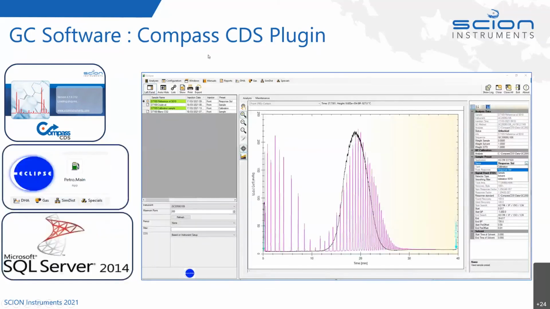So once I've run the sample through Compass, the plugin will come into play, and using the algorithms built in behind the Eclipse Petri reporting tool and the databases behind it, it will be able to report our samples. It will be able to do a simdist report from the simdist sample, and we can do a DHA analysis. And then with the DHA, we can merge the two reports together and get a single combined